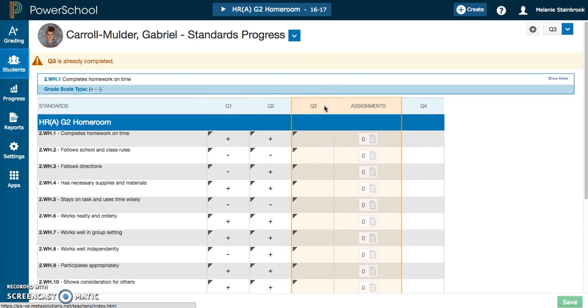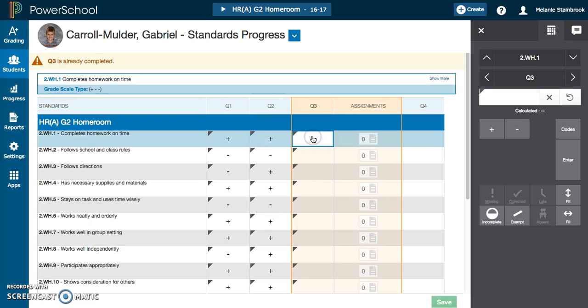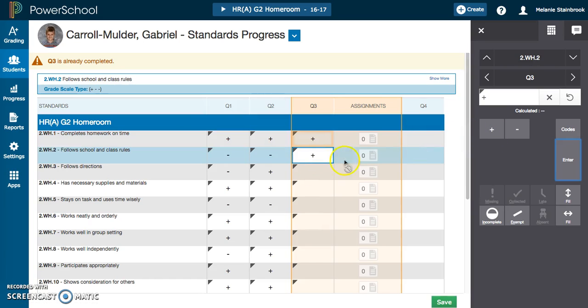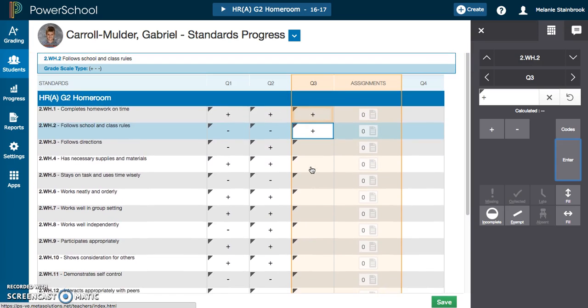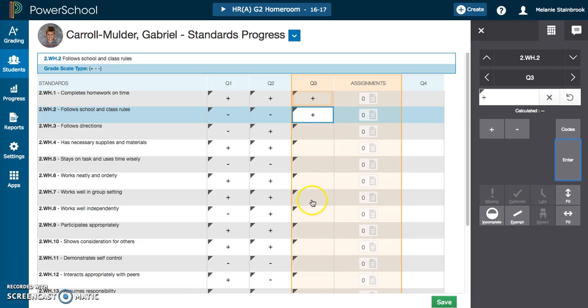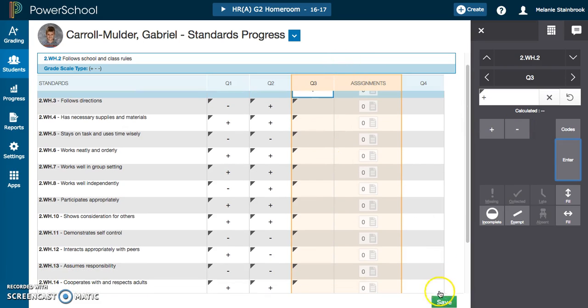So for the third quarter, to enter your work habits, you'll need to click in a box or a cell here, and then you can either click the plus or the minus, or you can use your keyboard to hit plus or minus. And since this isn't an assignment that we have created ourselves, there's really no use of these fill buttons, unfortunately. So you'll have to click the plus sign and then move along and just fill in each one. I think there's 12 or so, 14 of them maybe. So you'll have to fill those each in with a plus or a minus,